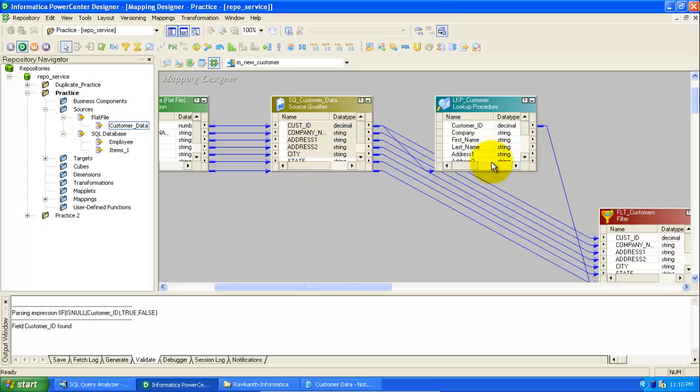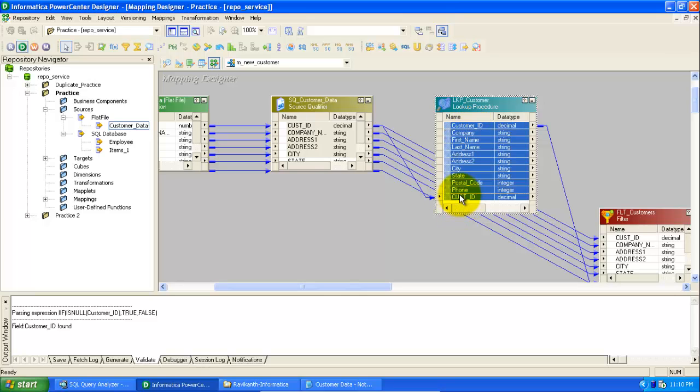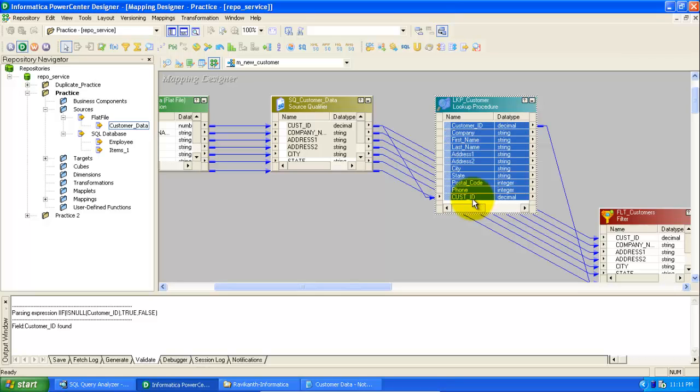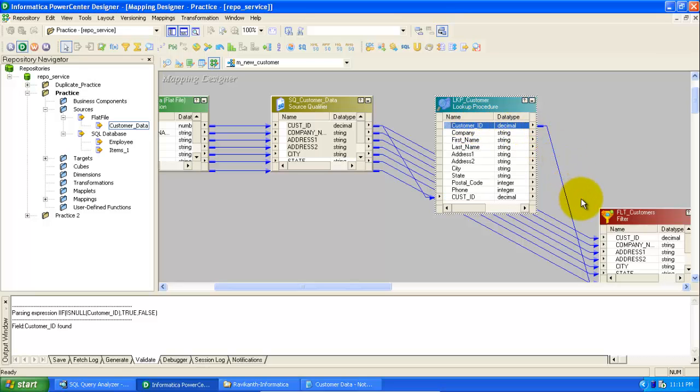Once I read the customer data, using my lookup transformation, I will be looking up into the lookup table to compare the customer ID of the flat file with the customer ID of the lookup table. If the customer ID already exists in the lookup table, then it returns the customer ID value, else, if the customer ID is not present, it is going to return a null value.